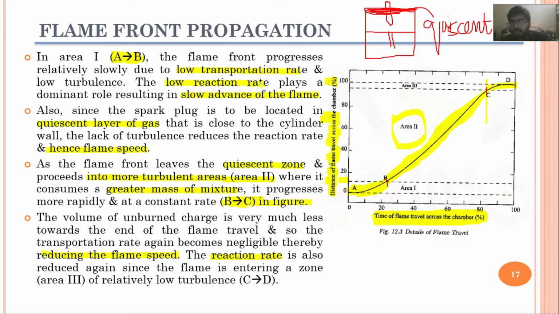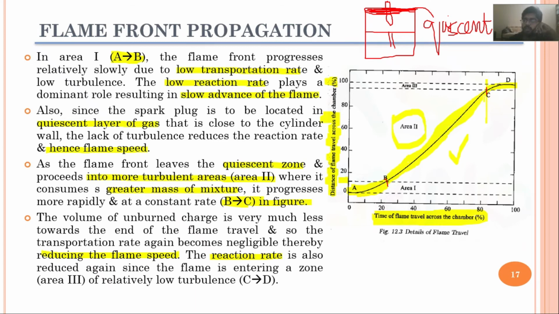However, from B to C, the flame has gone beyond the quiescent layer, where in this region we have more turbulence. Similarly, the rate of reaction is also very high. So because of this higher turbulence and higher rate of reaction, the flame here will rapidly propagate throughout the combustion chamber until it reaches the point C, where